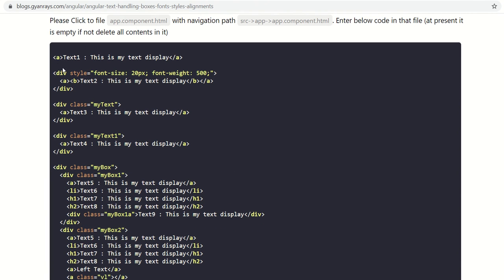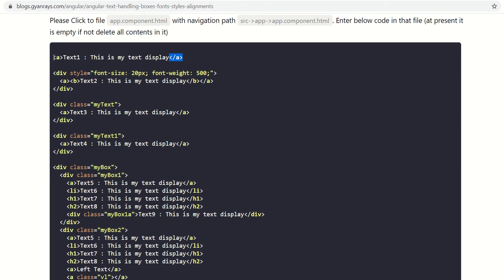What you see in the HTML file, app.component.html, all these are HTML tags and the text is displayed underneath these HTML tags. So you can see A and /A, this is the way we can write a text under these tags.